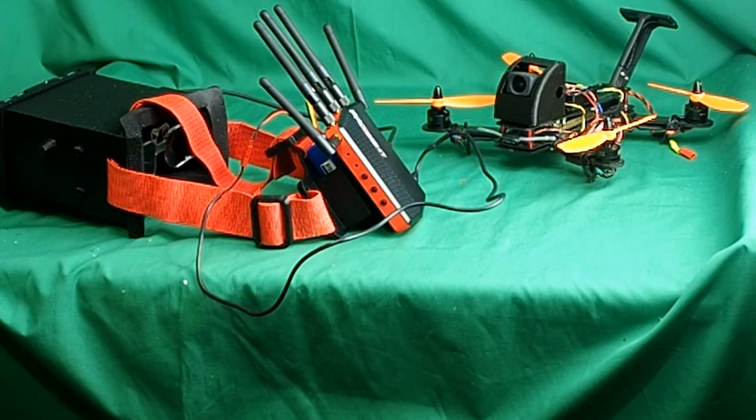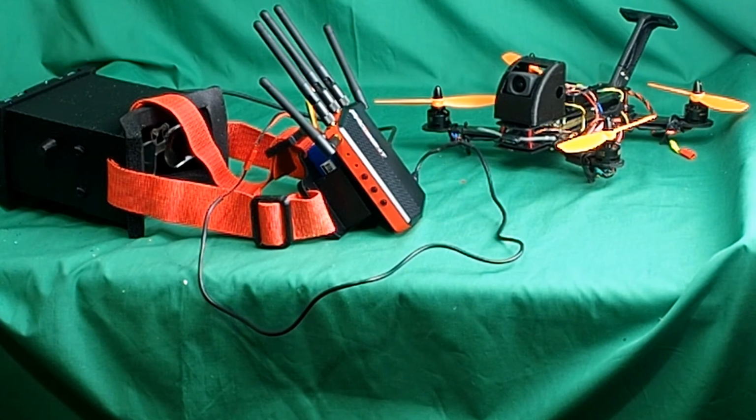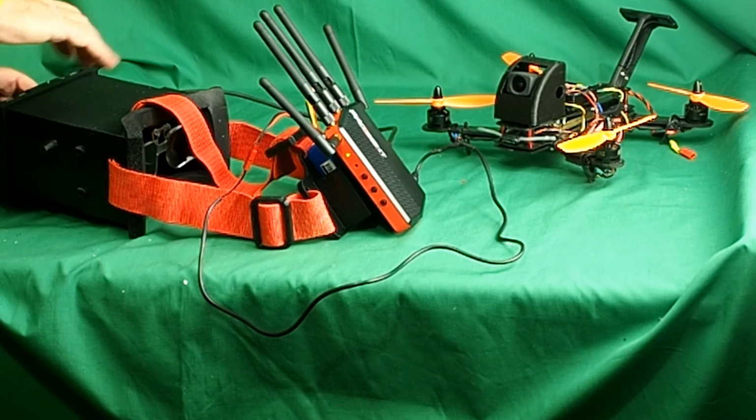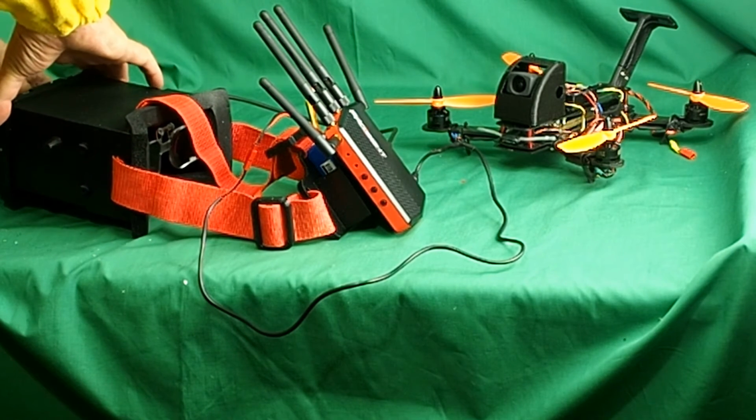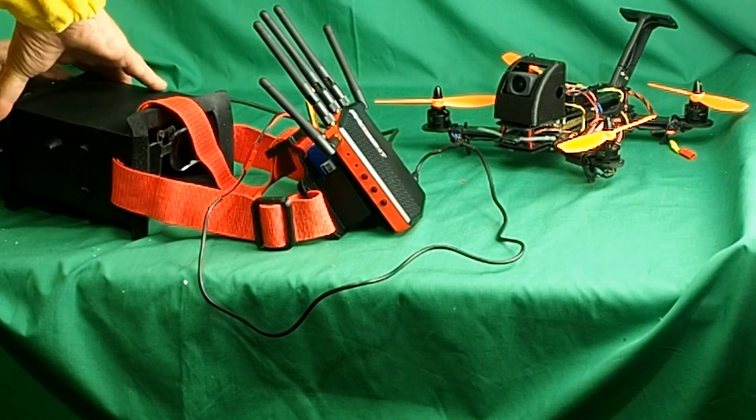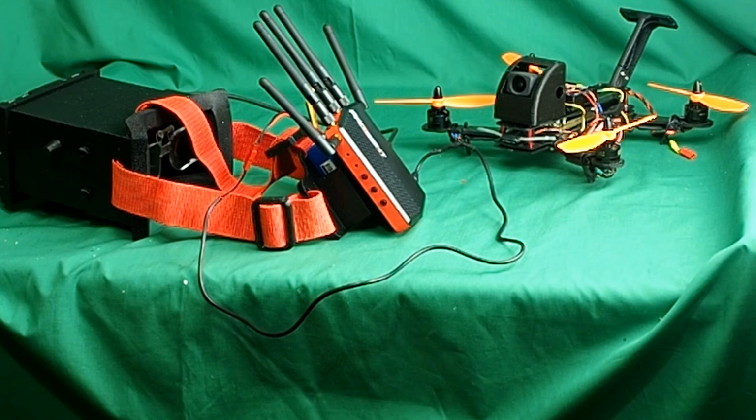Power up the Connex transmitter. You see that? Now I could use the same battery to power the goggles, but I haven't made up a lead, so I've put a battery in the back of the field monitor. It comes with various battery adapters. I'm using a Canon battery for the monitor there. Switch the monitor on,